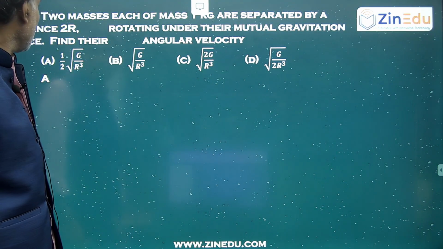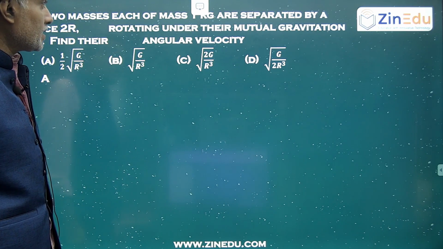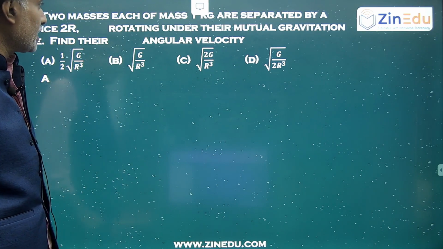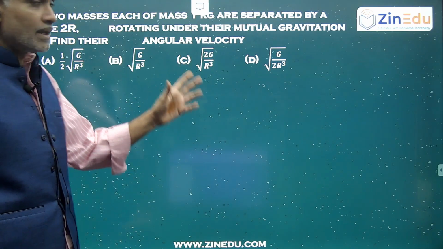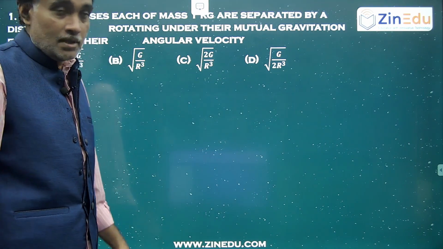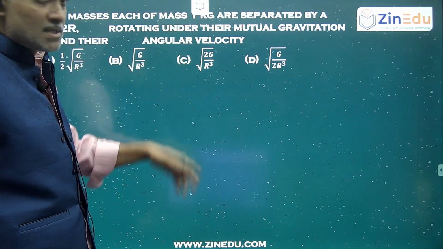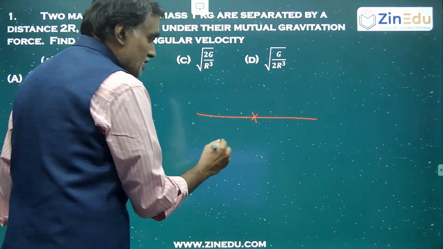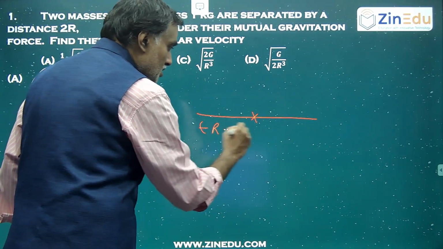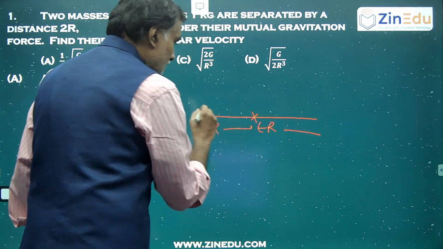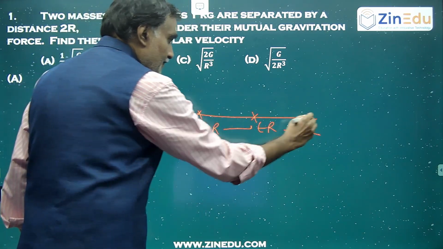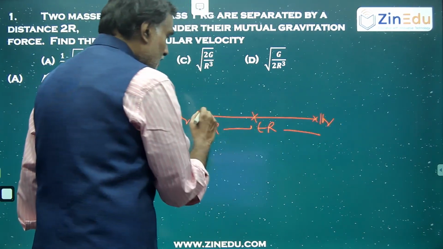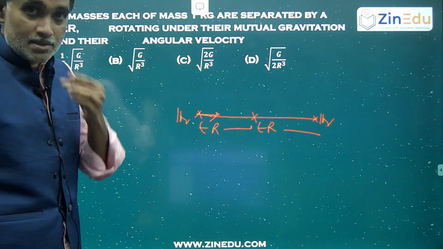The two masses are separated by 2r and rotate about their common center of mass. The center of mass will be at the midpoint because the masses are the same, and the distance between the charges is 2r, so each is at distance r, with 1 kg each. Then gravitational force provides the necessary centripetal acceleration.